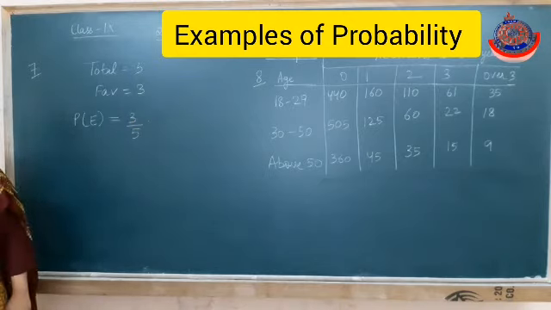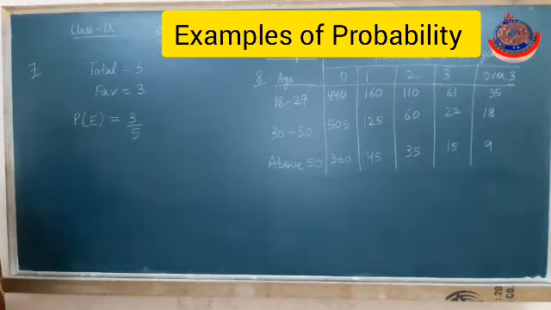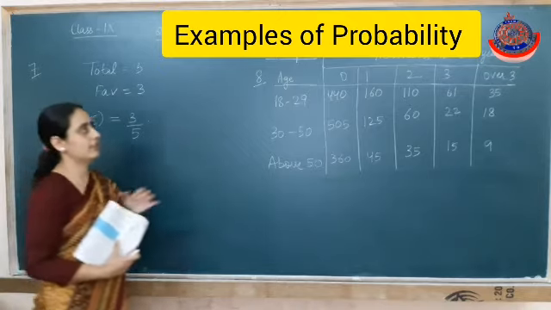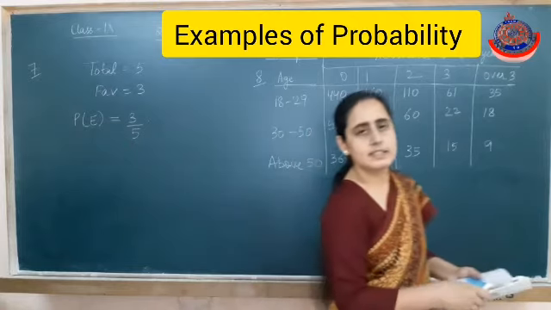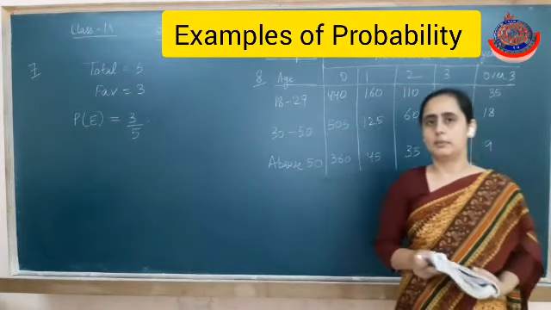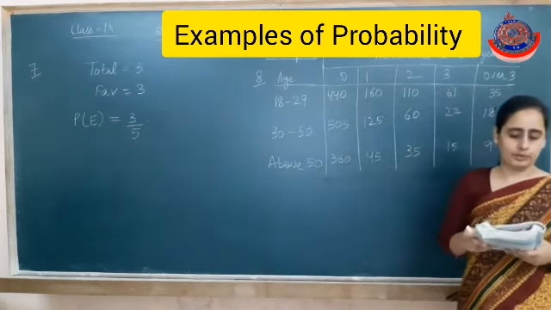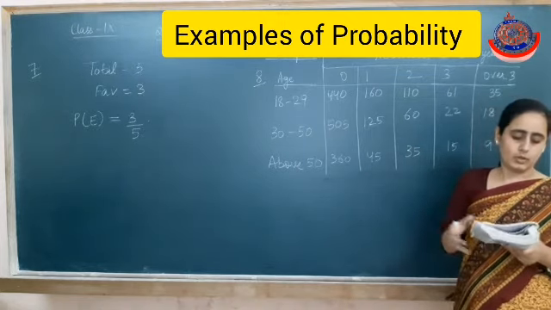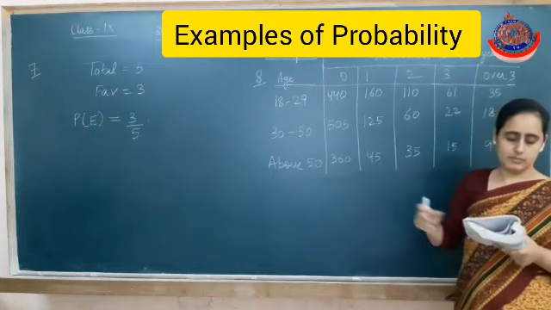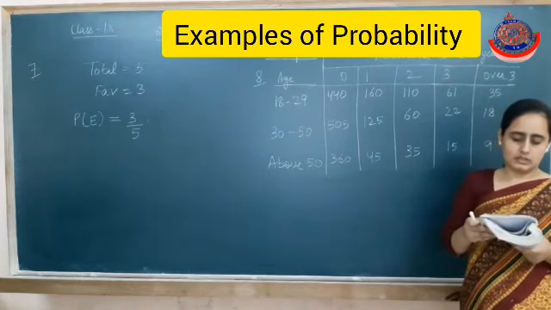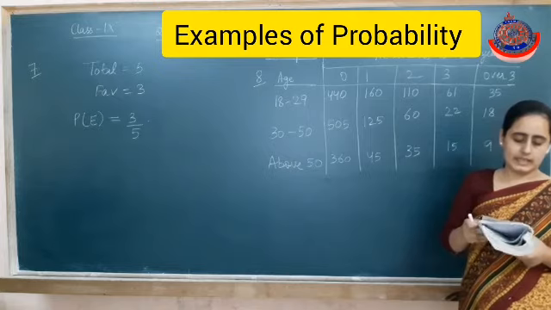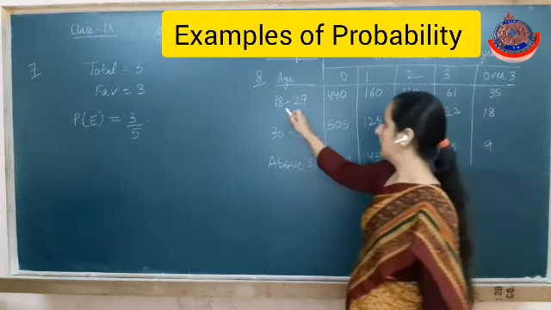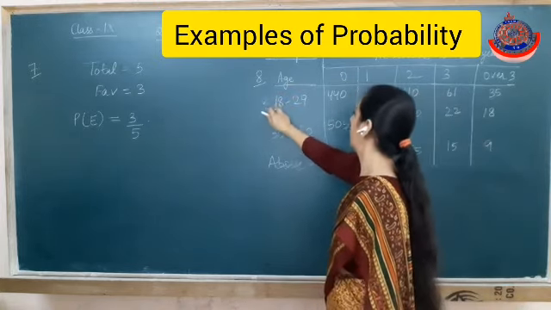Fine. Now next question is, an insurance company selected 2000 drivers at random. Now this is the table given in the question. I will just discuss the favorable cases, then probability you have to find on your own. Now 2000 are the total drivers. Now what do we have to find based on the table? First is the driver being 18 to 29 years of age. That means we have to check in this column.